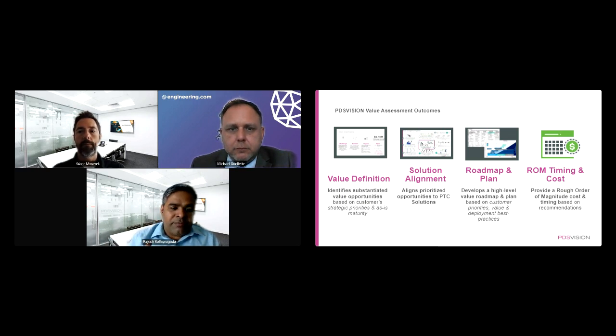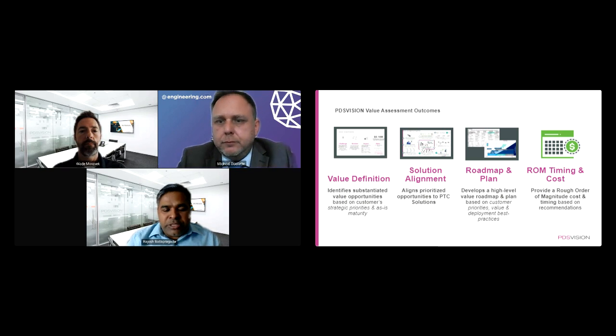So that we are not acting on probably bad data, because of which we will not be able to realize or see those benefits, right? Because if it's garbage in, then it's going to be garbage out. And finally, with these roadmaps, we can help create these ROMs so that you can create that business justification and understand what it would take to implement these changes, right? That way you can get the buy-in and that management support that we talked about. So this is our last slide.